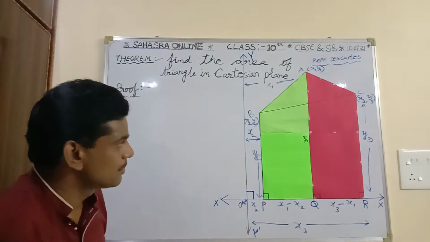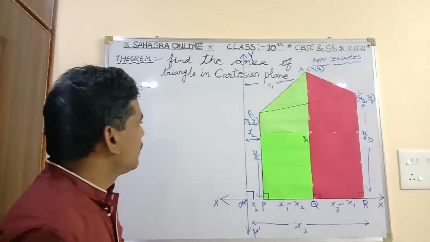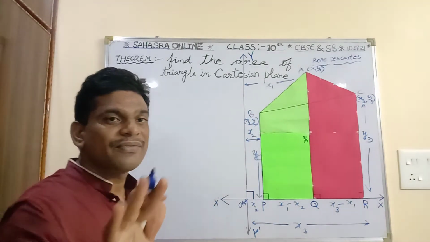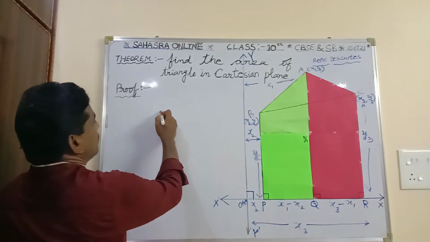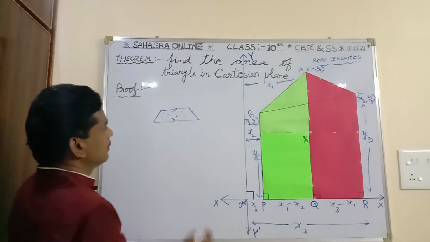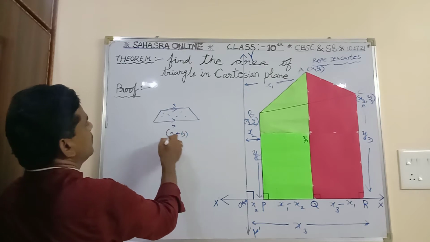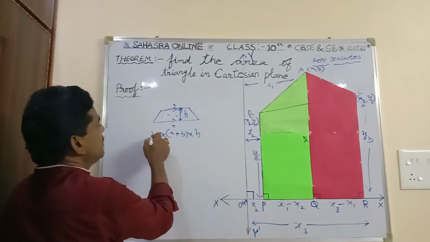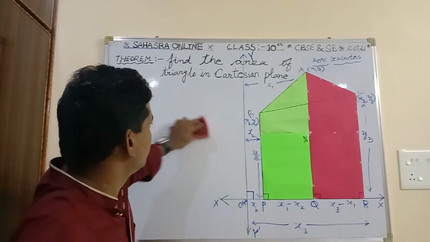Now apply these values. So before finding this, what is the formula for area of trapezium? Area of trapezium equal to half of the product of the sum of the parallel sides and distance between them. So how will you find this? Half of the sum of the parallel sides, a plus b, into distance between them, that is perpendicular distance h. Apply this formula. Simply we will get area of trapezium.